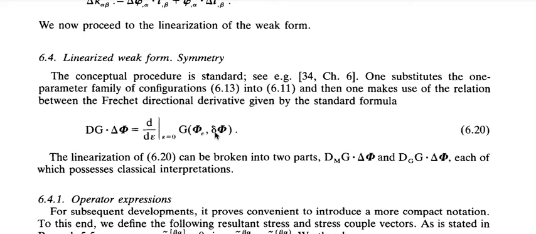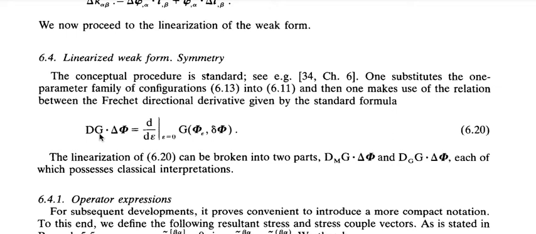So first we parameterize g in terms of phi epsilon and its variation, and then take the derivative with respect to epsilon at epsilon equal to 0. This whole thing represents the directional derivative, and it can be viewed as dg dot delta phi. What it means is d by d phi of g dot delta phi. So dg by d phi will give a general derivative, and when we take its dot product with a directional vector delta phi, that gives us the derivative in that particular direction.